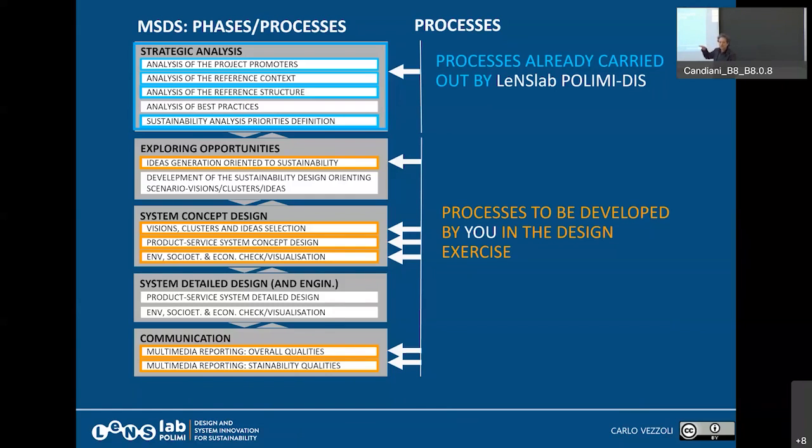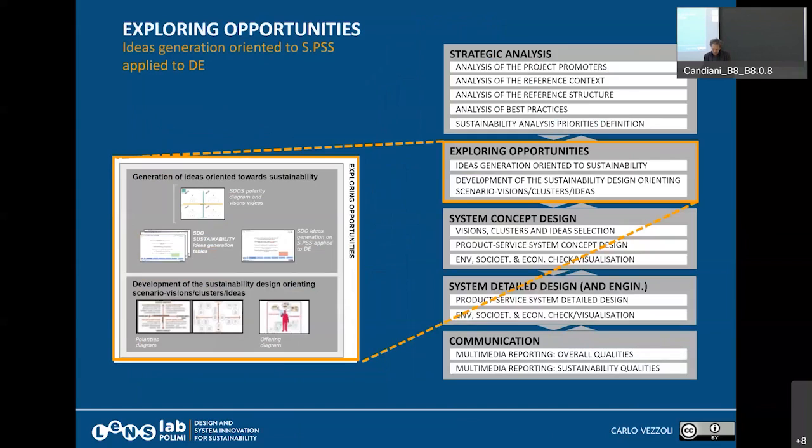And then you will make an animatic, so a simplified visualization of the concept that would be used internally within the company or the consortium of organizations that are working or co-designing the system, or even externally. But let's go through the different phases so that you know what you will be doing during this